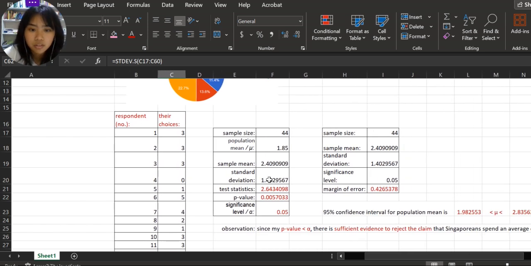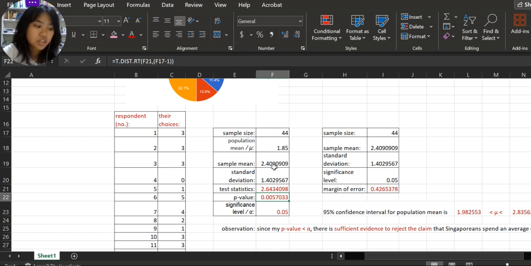Okay, here for the test statistics, we're using the t-test. So the formula is the sample mean minus population mean over the sample standard deviation divided by the square root of the sample size. The p-value is using this formula. So RT stands for right-tailed test. So I will get this value,